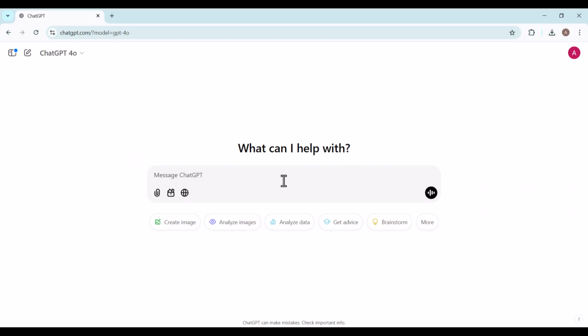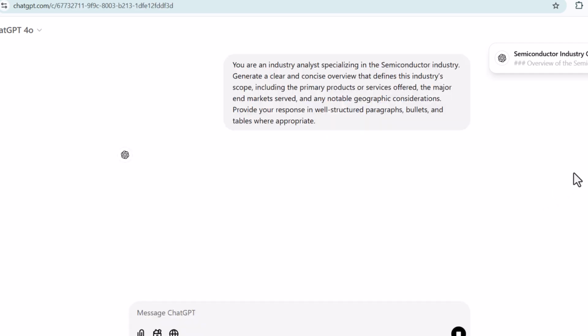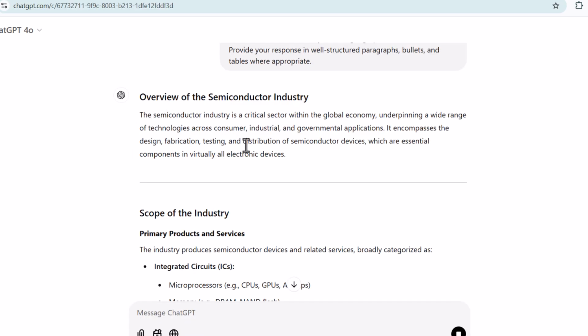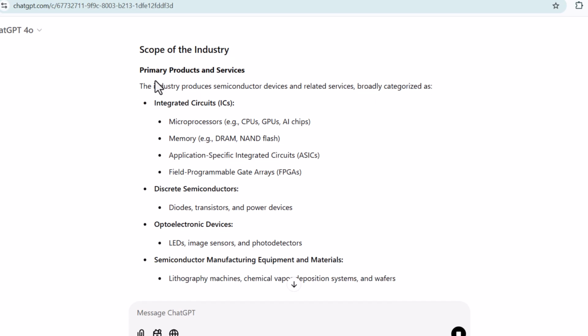I'm here on my ChatGPT Plus terminal. I'm just going to start with something really simple by asking for an industry definition that includes the industry scope, primary products and services, end markets, and geographic considerations. We're being provided with a brief industry definition here, and then it breaks the industry down into different areas like integrated circuits,